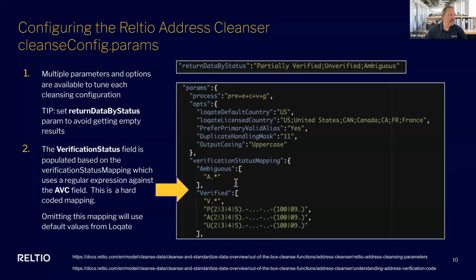Yeah. So a couple of things that I would emphasize is using some of these additional parameters. You can see in the process here, there's a pre-processing environment, enrichment, CAS certification, verification, and geocoding. Using these different parameters, and then using primary aliases and duplicate handling masks. There are definitely some advanced parameters here. There's a link down here at the bottom. The first link says Reltio address cleansing parameters. So there are additional details out there where you may be able to tune the cleansing engine for certain regions to